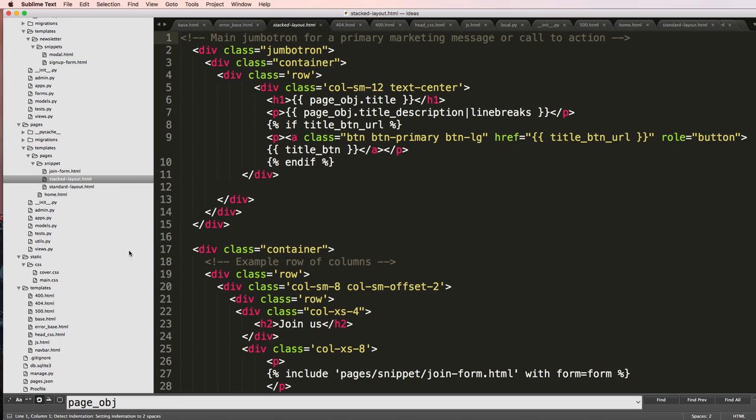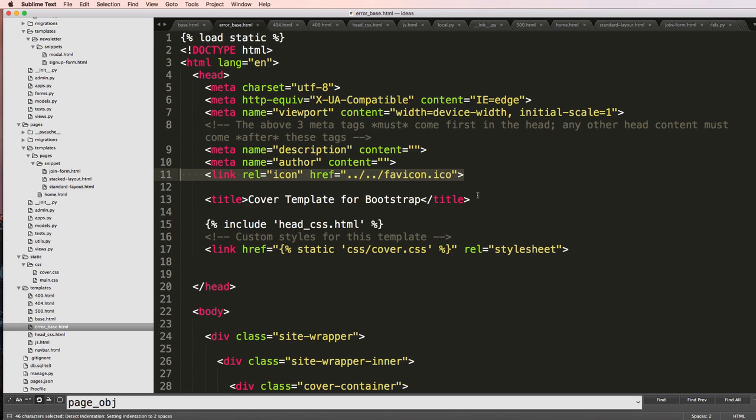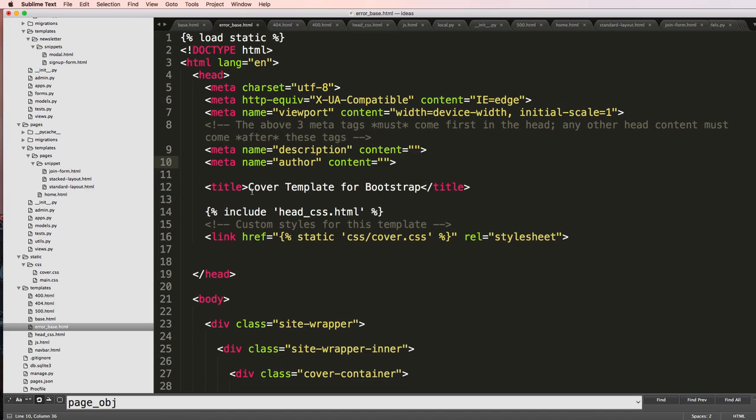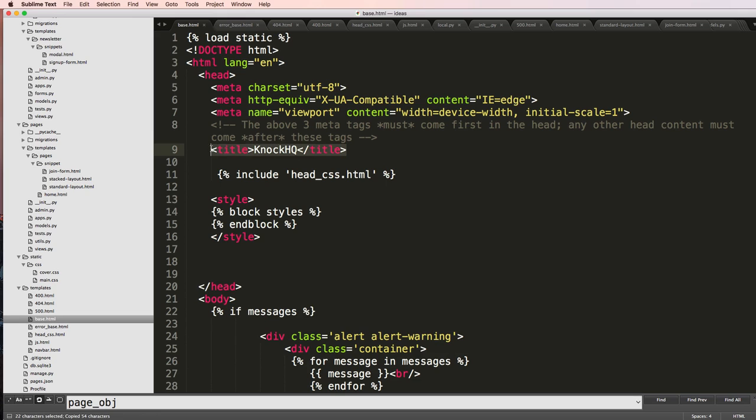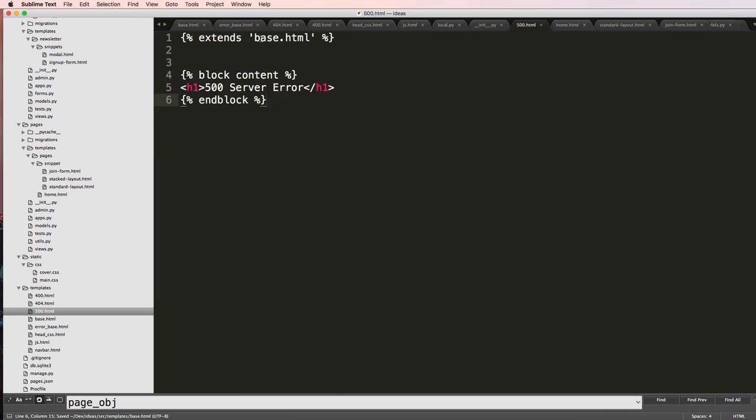I'm going to get rid of this fave icon stuff. Oops. Fave icon here. And in the title, I'll say block title in block and knock HQ. Actually, let's put the knock HQ inside of these block titles, and I'm going to put that also on base as well. Okay, so now in error 500, instead of what it is currently, we're going to actually import from